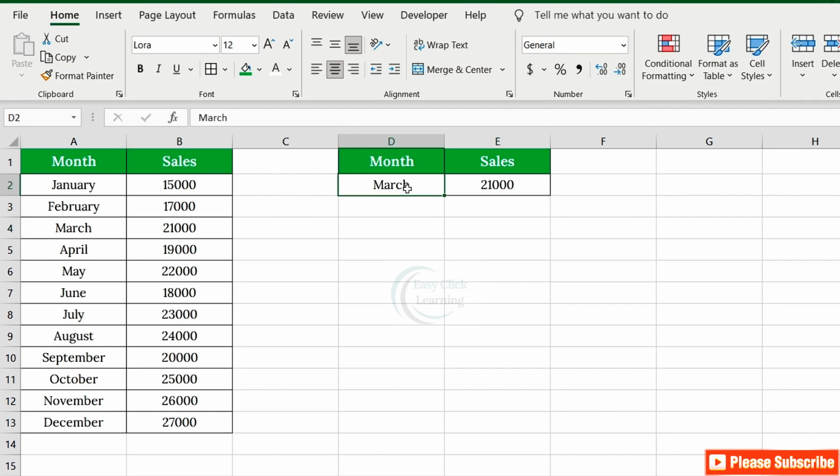Let's try another example. If we want to find the sales for July, we simply change the lookup value to July and Excel will return the sales for that month as well. And that's it. The VLOOKUP function is a great way to quickly find data in large spreadsheets. Just remember the key elements: your lookup value, the range of data, the column index number, and whether you want